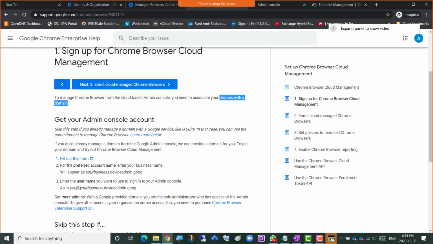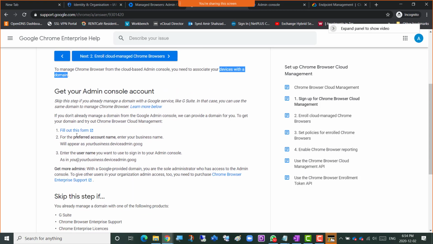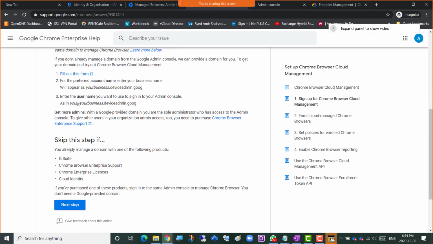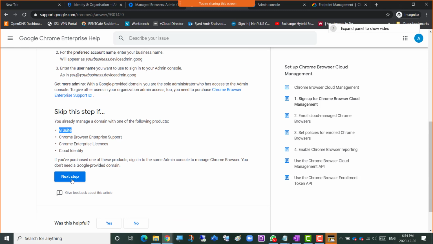Get your admin console account. Yes, we have that. Fill out this form for the preferred account name. Yes, we are. And skip this step if you already manage a domain with one of the following products, G Suite. Yes, we already manage this with G Suite. If I go to the next step here,